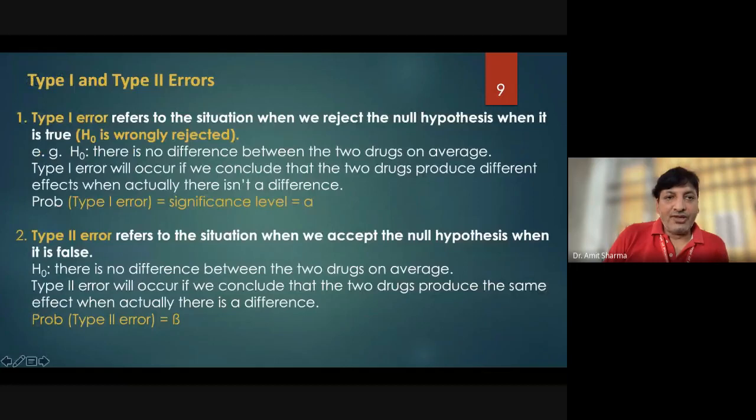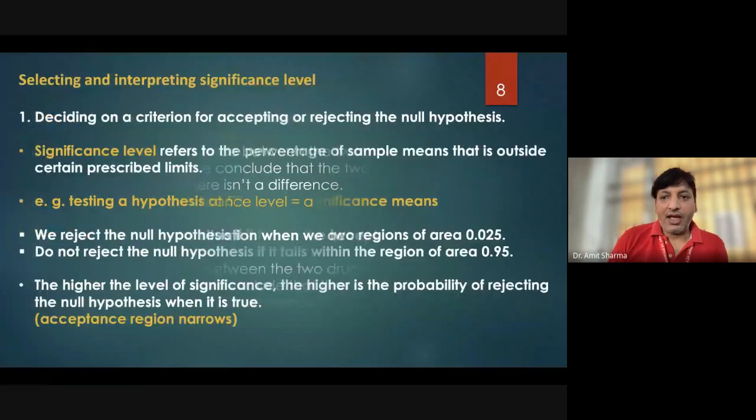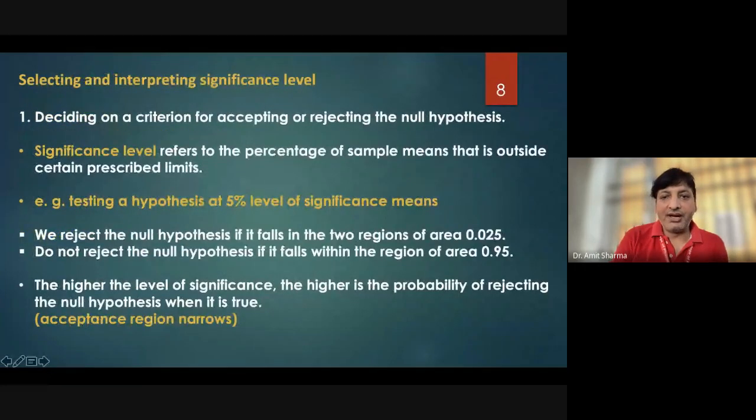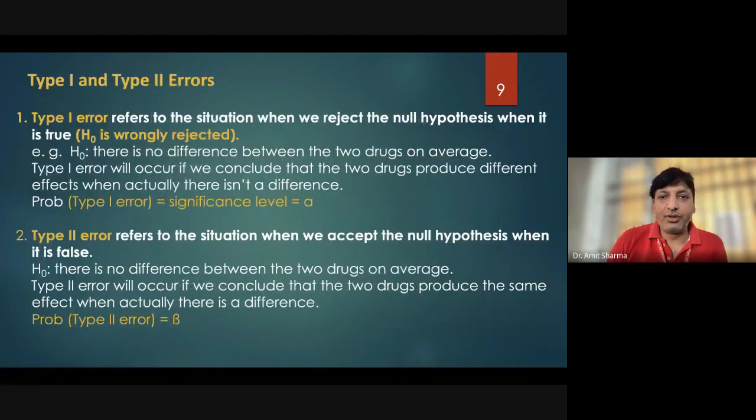So once you look at the hypothesis, at the same time you have to see how much error you are expecting. As I have drawn in the graph, both the corners of the bell distribution curve, on the left side and on the right side, where we are quoting 5%, 2.5% for the right side and 2.5% for the left side, both those areas will be called the chances of error which you are expecting in the research.